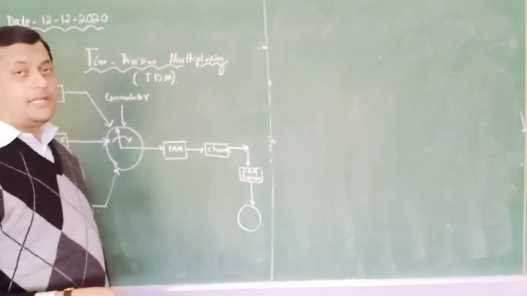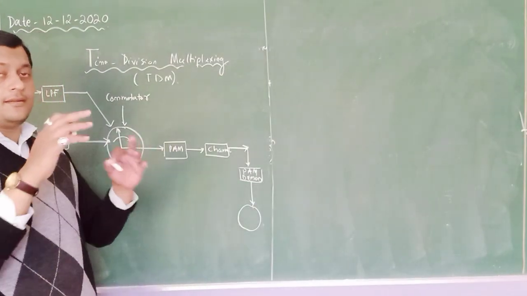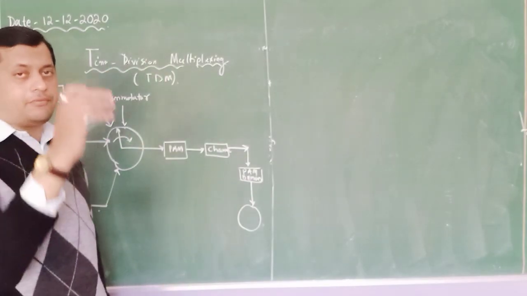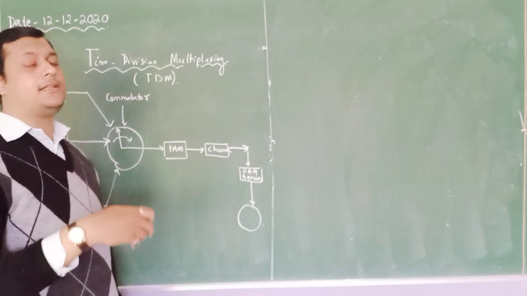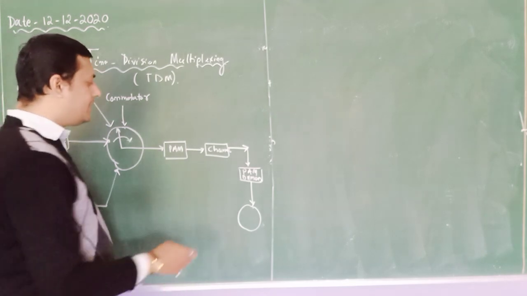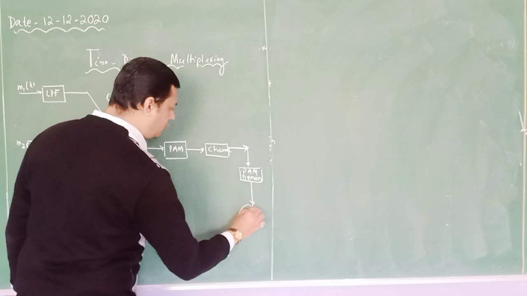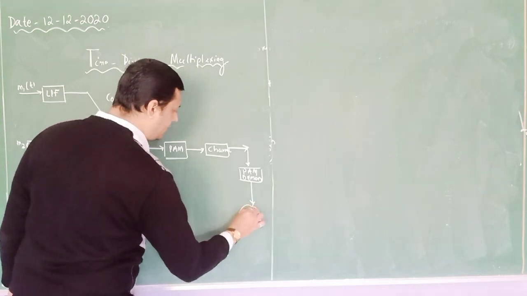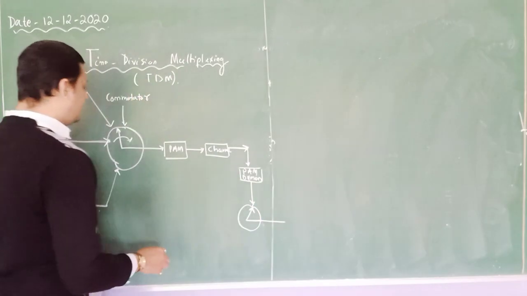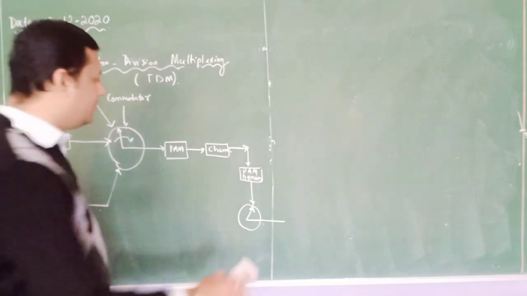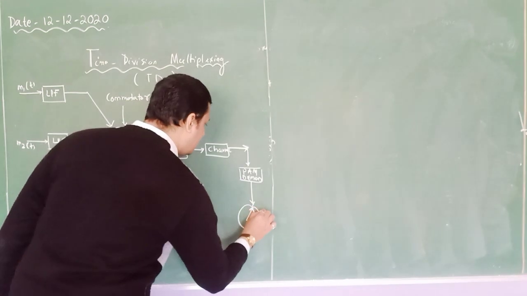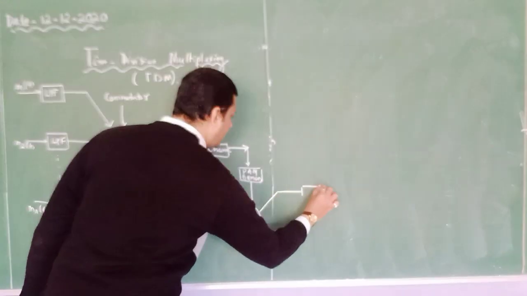In frequency division multiplexing, at the receiver end, we had an adder which distributes the different message components to the different users: user 1, user 2, user 3, and it will identify them. So here one more commutator is available, and this commutator is providing the signals to the different users. So here I will present 1 LPF,